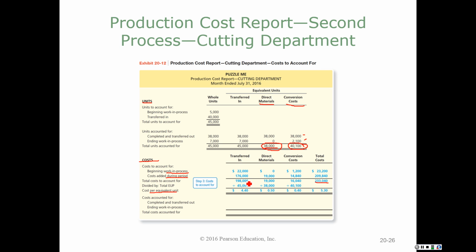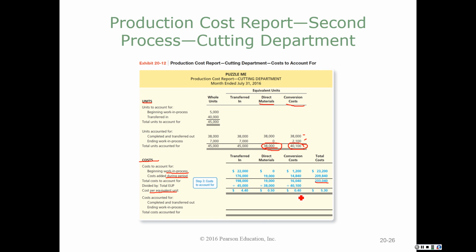198,000 in the transferred in department divided by 45,000 equivalent units is $4.40. 19,000 in materials that were added to these 38,000 units that were completed gives me 50 cents per unit in materials. The $16,040 that were spent on conversion cost, labor, and overhead are being spread out over 40,100 equivalent units for 40